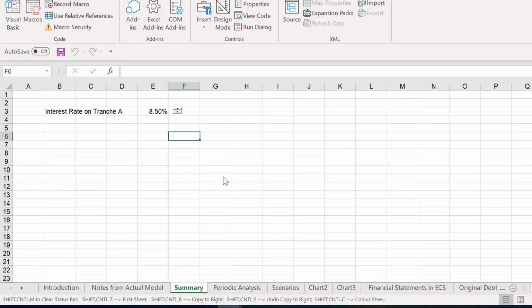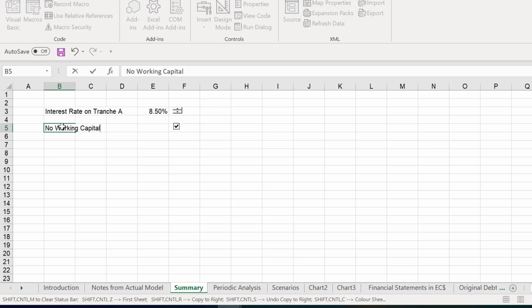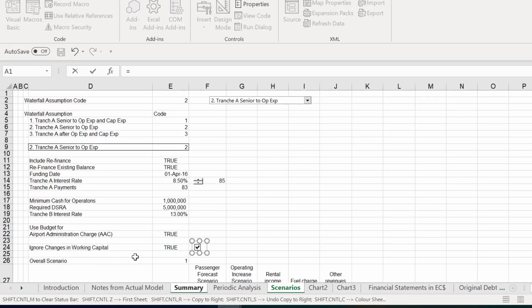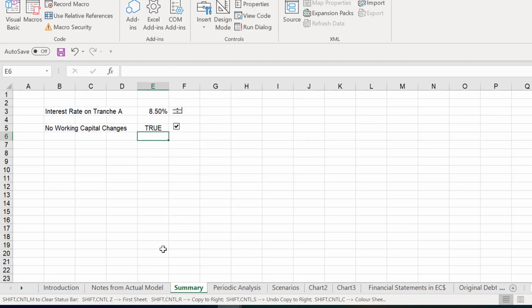And I'm going to kind of make it a little more polite this time and say no working capital. Okay, and then changes. Maybe that's not really great, and then I'll put that here. So that's how we can start using all our little factors.